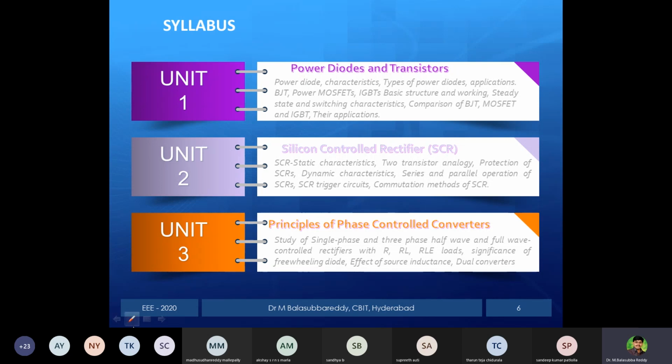Yesterday I mentioned that based on the quadrant operation they are classified: there is first quadrant, two quadrant and all, but